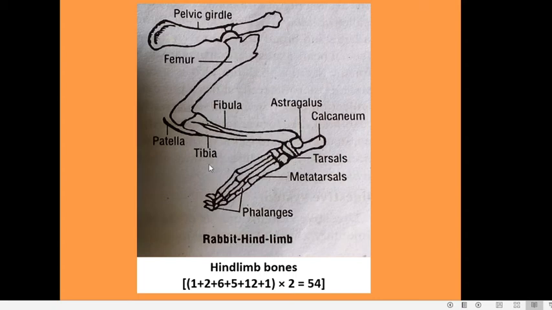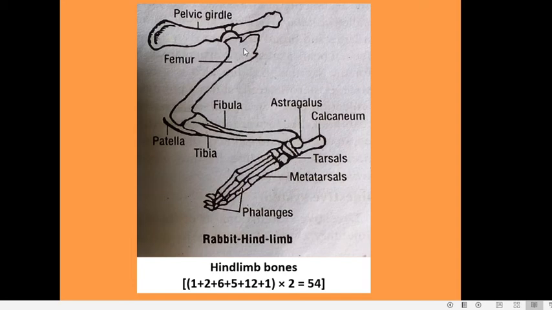So, the bone which supports the thigh is called the femur. This femur also has a shaft and two expanded extremities. The proximal end bears a region which is called the head, which is rounded, and this head fits into the acetabulum of the pelvic girdle. And apart from this, the femur has three prominences which are called trochanters. There is a greater trochanter, a lesser trochanter, and a third trochanter.